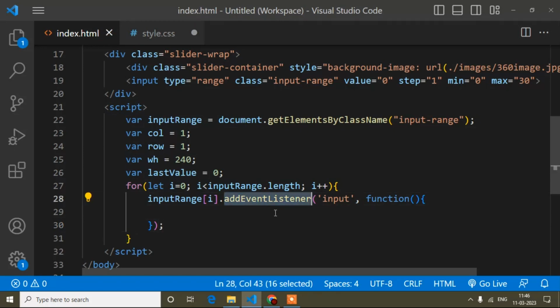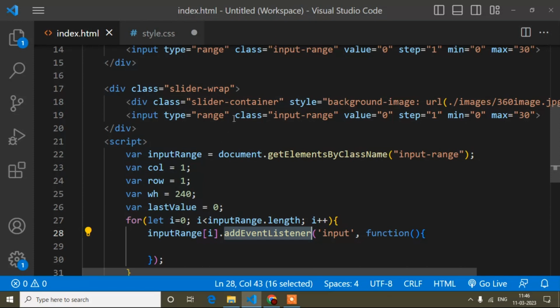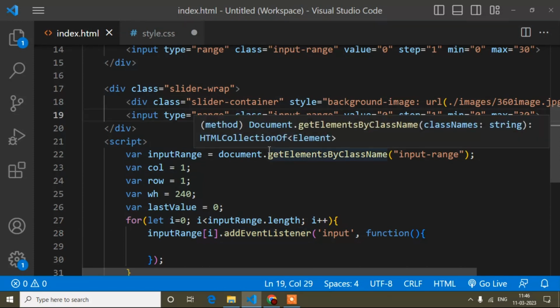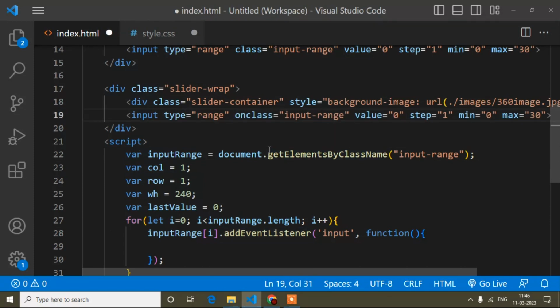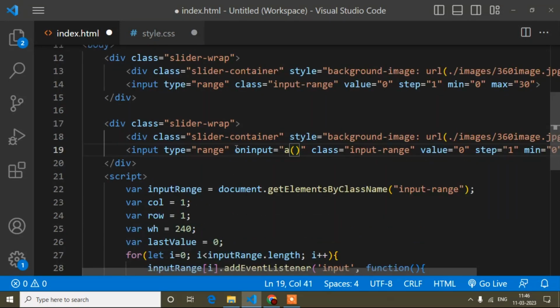And what is add event listener? Mostly we write here, or suppose on input event, so I will write on input, and the event name here I can write like A, event name is A. So I have to write this thing here as well.